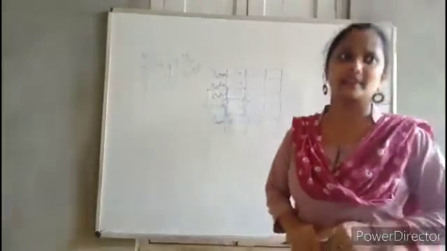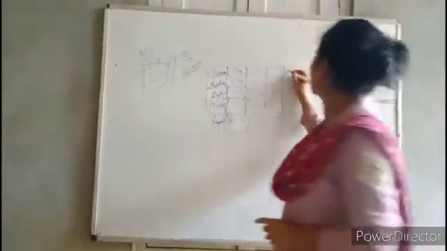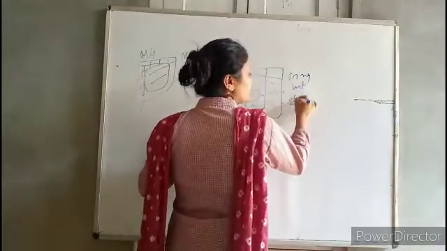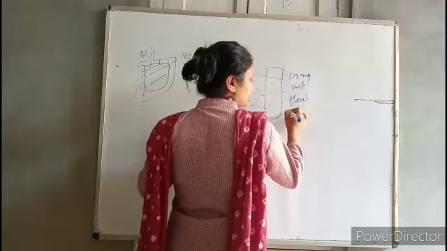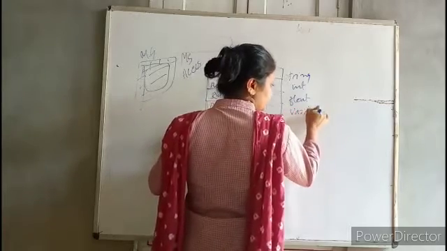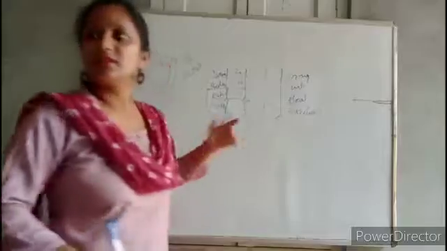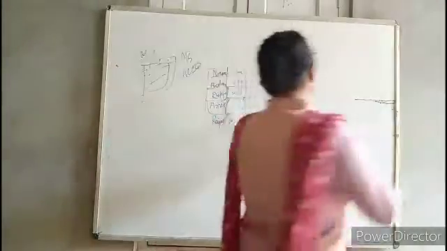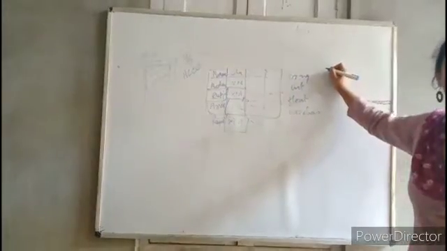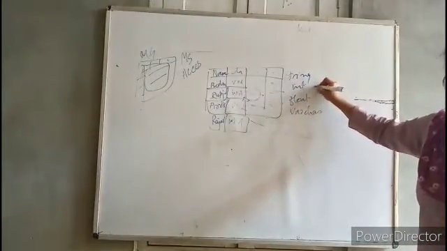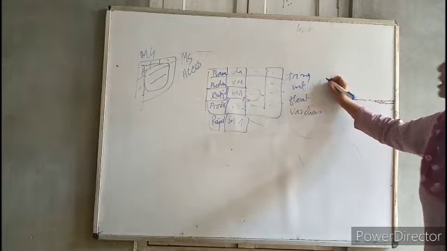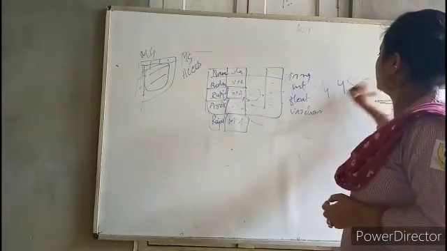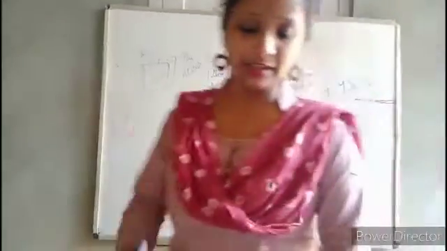Data types. What are data types? You got in class 7: string, integer, float, varchar. These all are data types you are getting in class 7. You got string character. What are string characters? Integer, everybody will know integer. What is integer? 1, 4, 5 or 10. Any numbers, it is called integer.